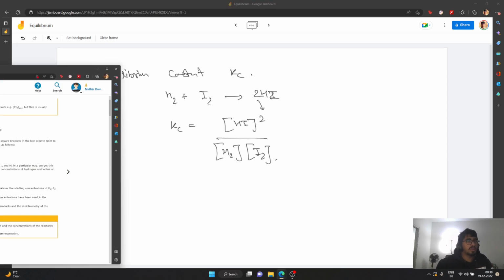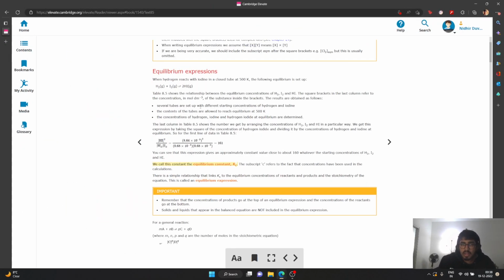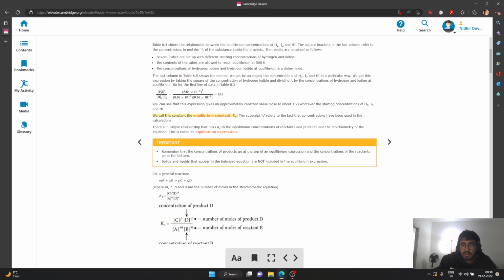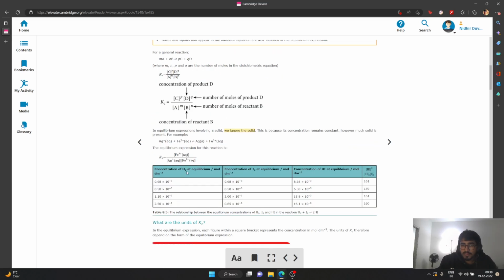So let's take a book's example right here. This is that same thing: the square up top, and then you just take the H2 and I2 concentration on the bottom. They say that they have done the reaction for different H2 and I2 concentrations at equilibrium. They saw that in one case, H2 and I2 concentration was 0.68, then this was